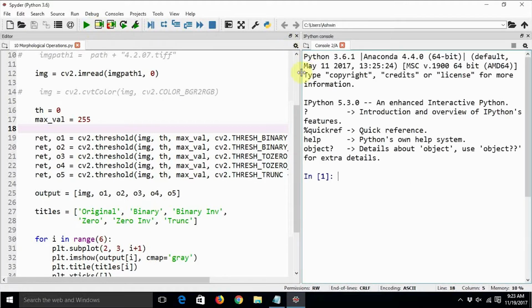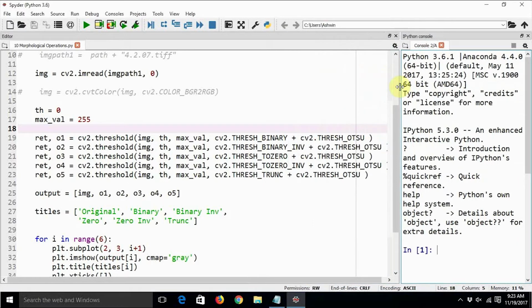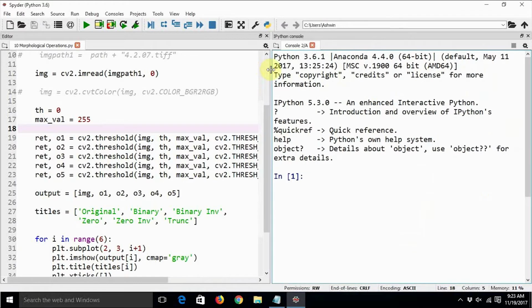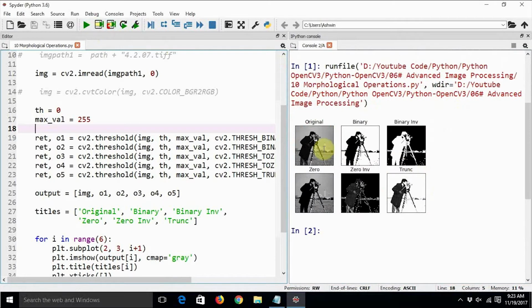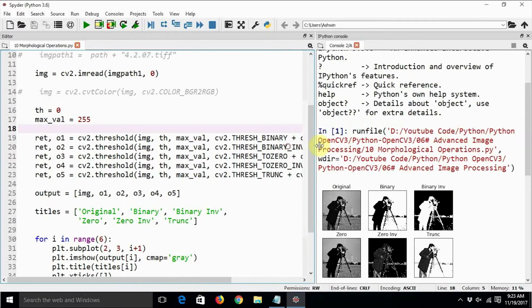There are 5 thresholding algorithms that we saw, and out of them two convert the image to complete black and white. So this is the original image, and these two are completely binary images or black and white images, whereas 3 have shades of gray. So these 3 images are not going to be very useful, and this binary inverted image is kind of the most useful image for morphological operations.